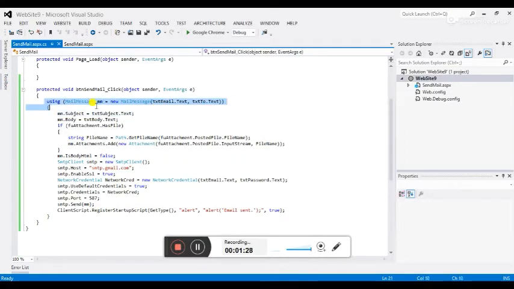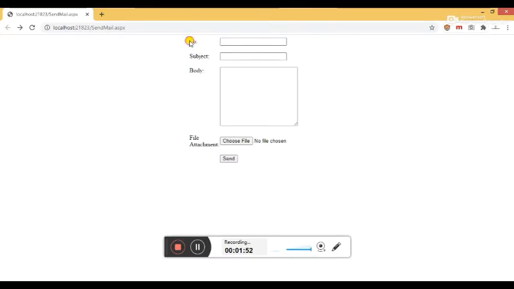You can see that this is my MailMessage class, and this is the object, and it is expecting some values. First is the email ID which is hidden in my text box. So this is the email ID here. I set this text box Visible equal to false, so this email ID came from this text box. The other email ID came from this first field, the field in which we have to type the email address of the person I want to send the email to.